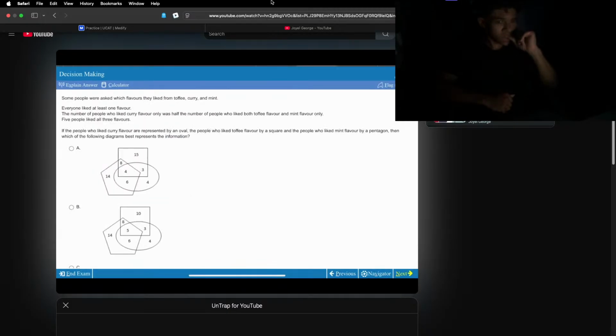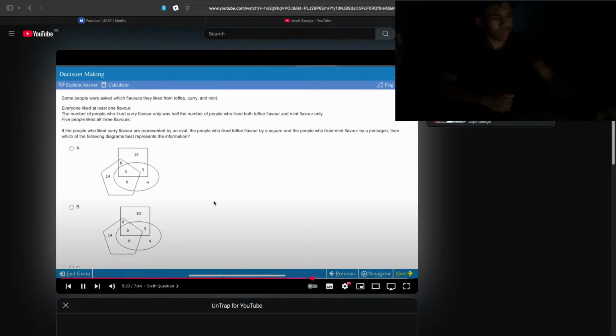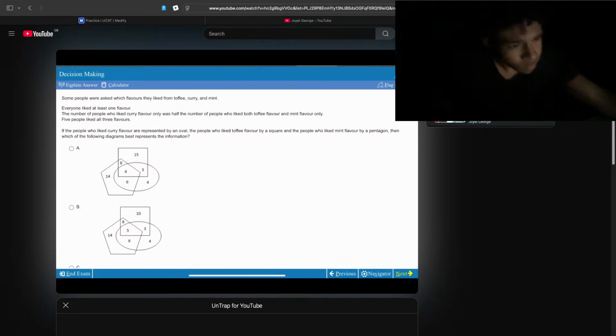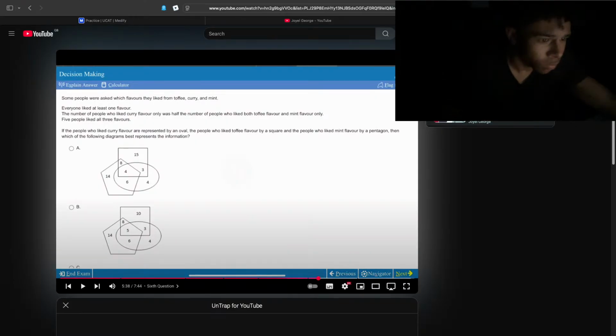Okay, so on to another one of the annoying questions. It says, some people were asked which flavors they like, particularly mint, and this sounded nice enough because we actually know what each one is. So everyone liked at least one flavor, so is there anything on the outside? No. The number of people who like curry only was half those who liked toffee and